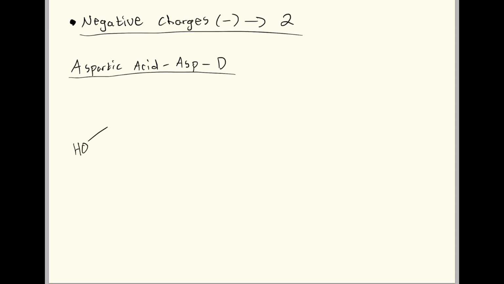So you have your alcohol, carboxyl, your NH2, your amino group, and then you're going to draw 2 carbons. And then you're going to make the double bond O. And then you're going to draw it like this. That's a negative charge. And then make sure that it's upside down